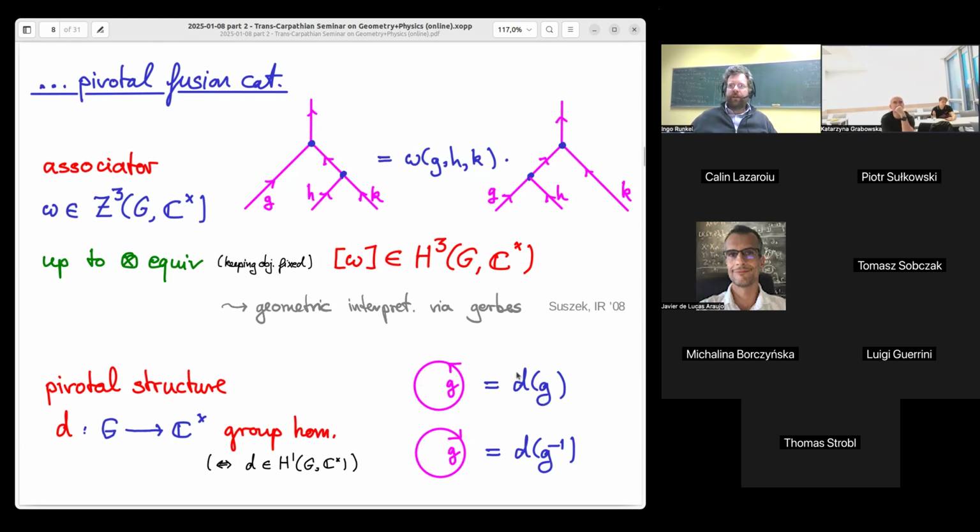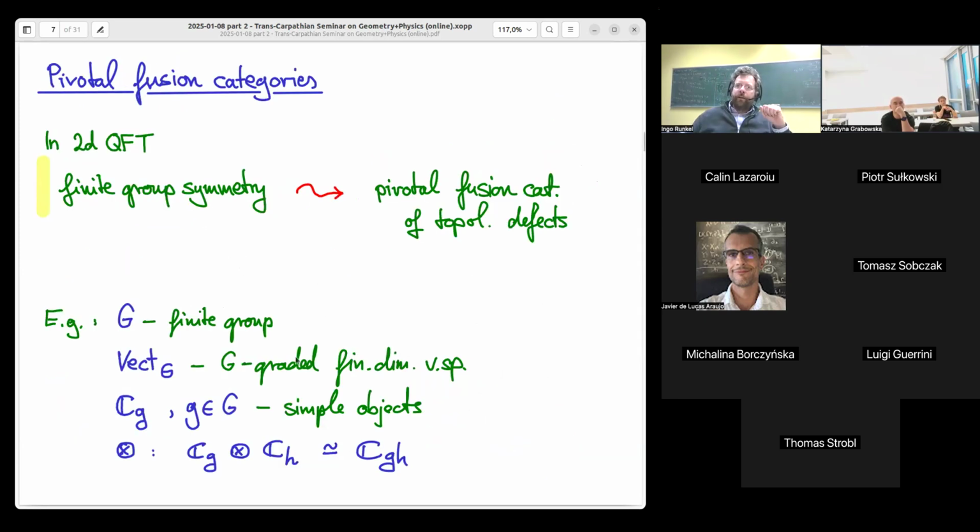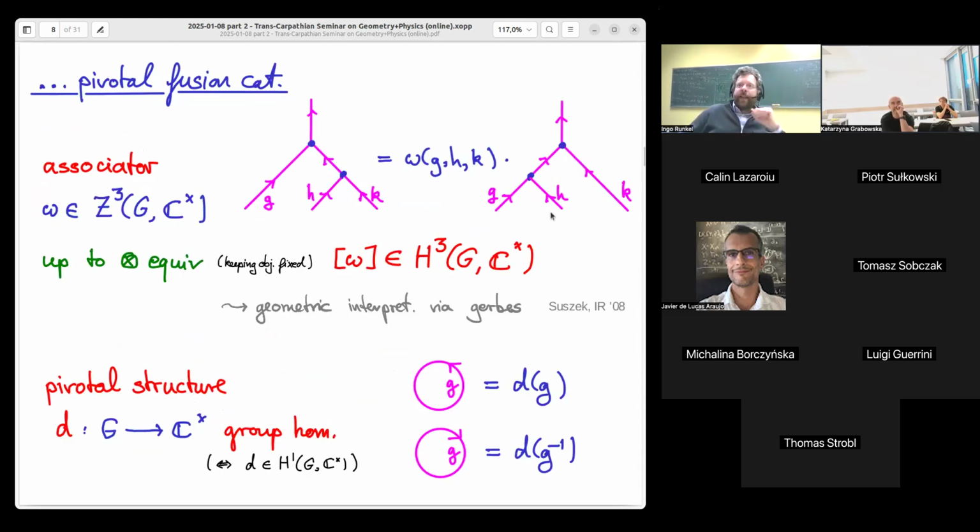So we have now, even in the group case, so let me go back one slide. I fix a finite group, then I get all this data fixed for me. But now to understand how a finite group symmetry is realized in terms of defects, so to get this fusion category, I need to give extra information. And that extra information has 2 parts. It is this class in H3, and it is these numbers, the dimensions, the numbers assigned to these circles, which is a group homomorphism from G into C star.